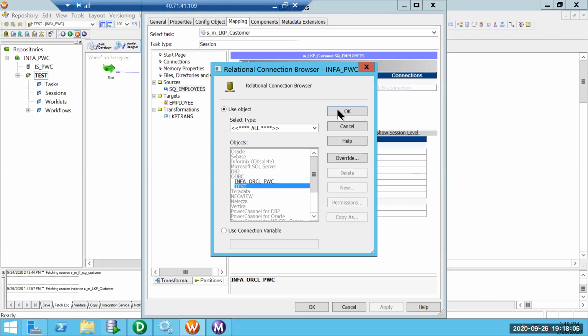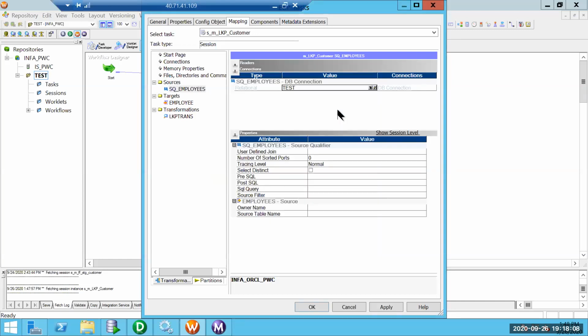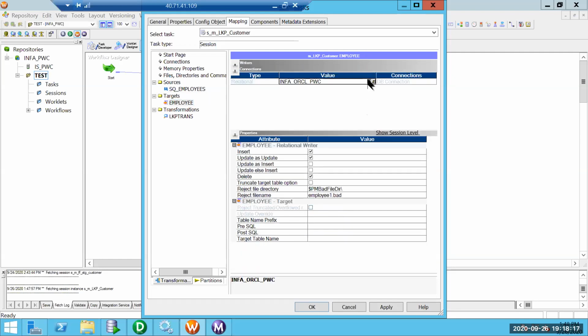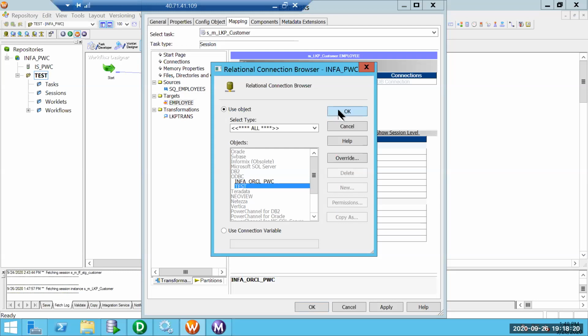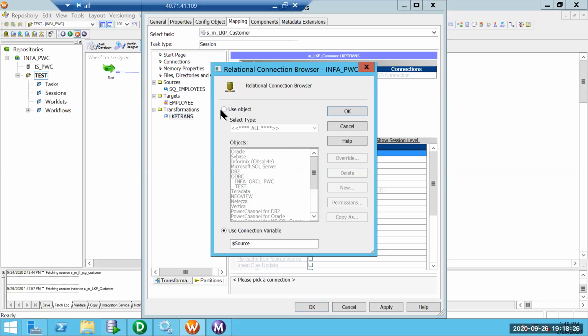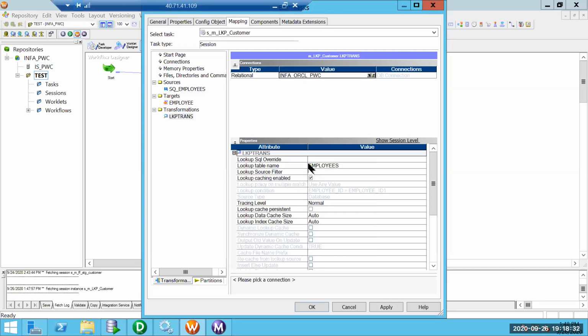In source, I am making use of test, no other things. Target is again the test schema. Since it is the same user, we need not prefix it. However, the lookup table is not from the same schema, so I'll choose Oracle PWC. My table name is HR.employees, so in the lookup table, instead of employees, we are going to specify HR.employees.